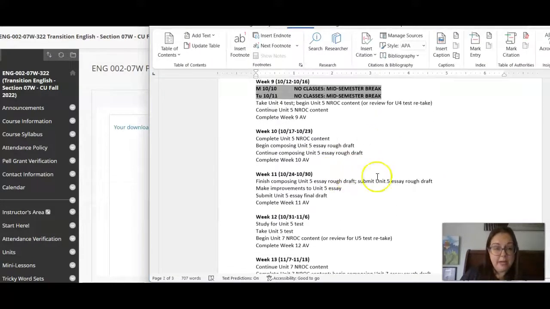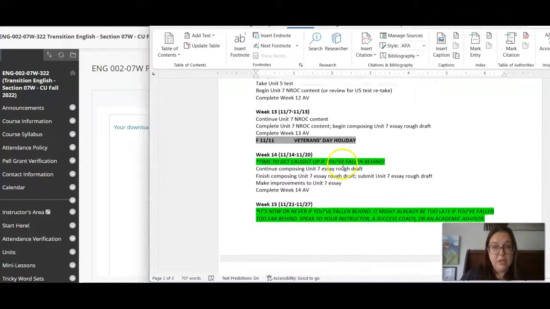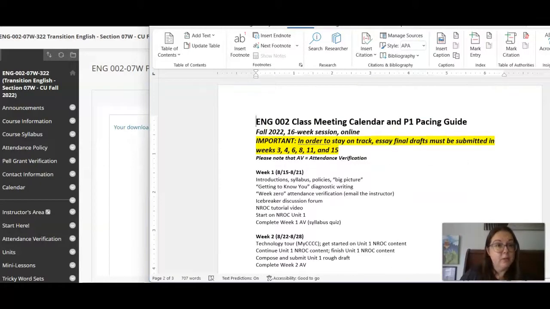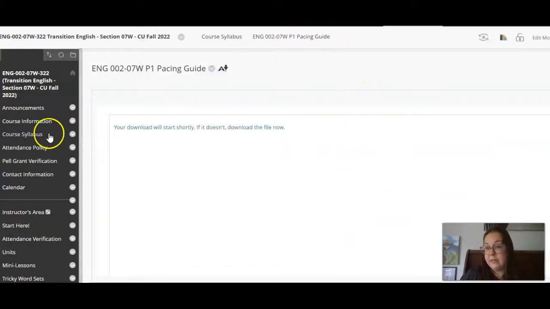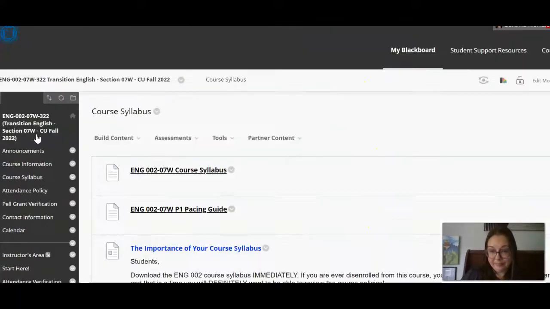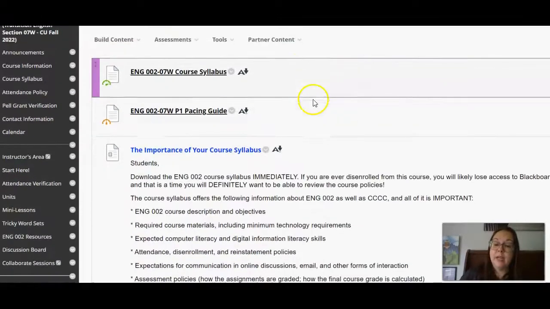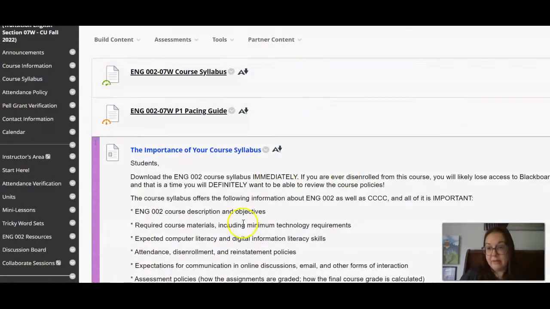It also notes any holidays. So definitely this week, familiarize yourself with a pacing guide and the syllabus. And email me if you have any questions about either one.